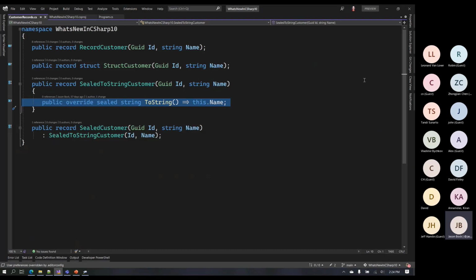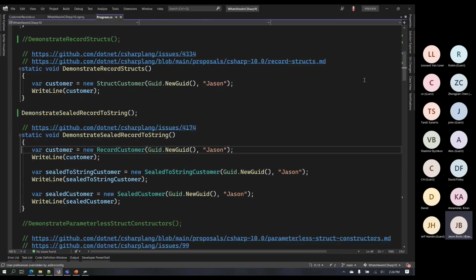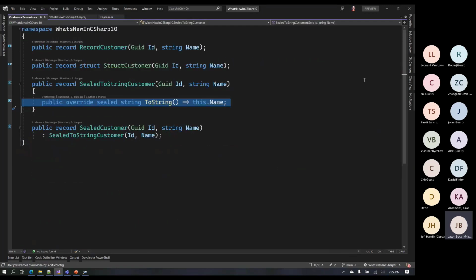Again, records will by default give you a ToString definition. As you saw with record customer here, it gives the type name and then the values of the properties. This is saying I want my ToString just to give the name. But this isn't sealed, so people could write custom records that inherit from this record.